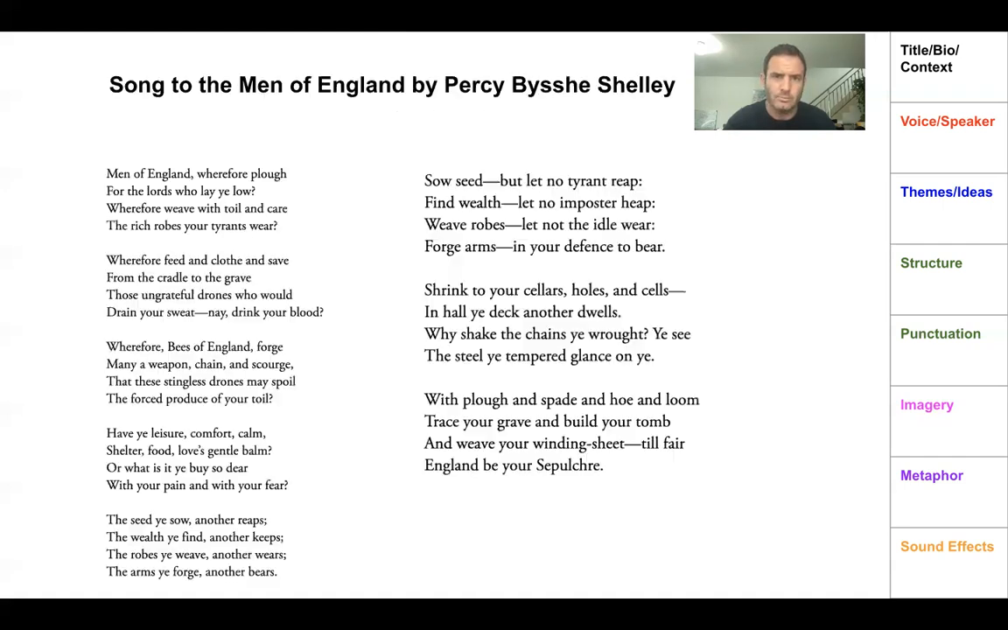Moving on now. "Song to the Men of England." You've seen this before a couple of times in your mocks. So a key romantic poetic figure, someone who was actually expelled from Oxford University for writing a treatise against God,